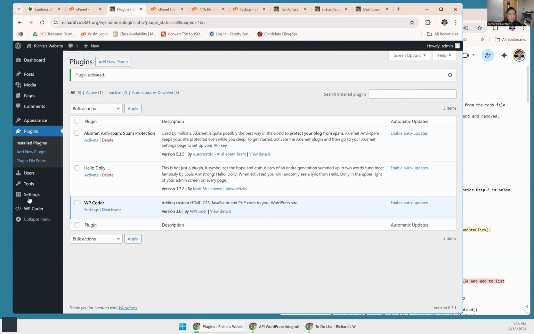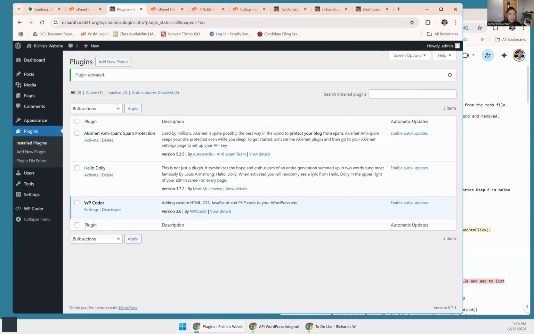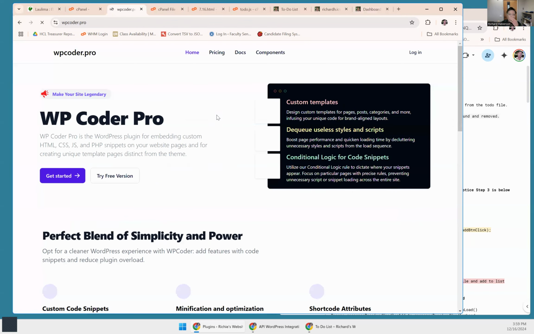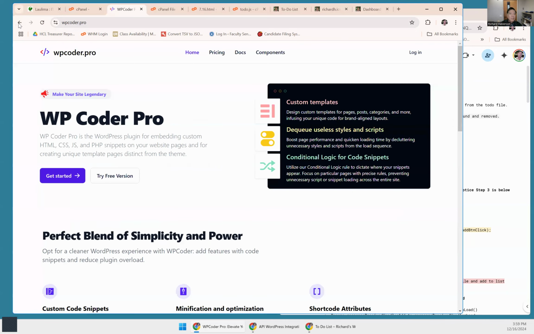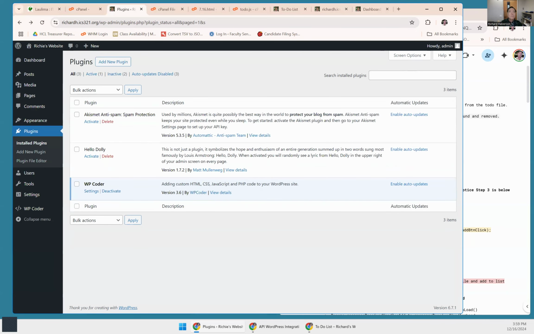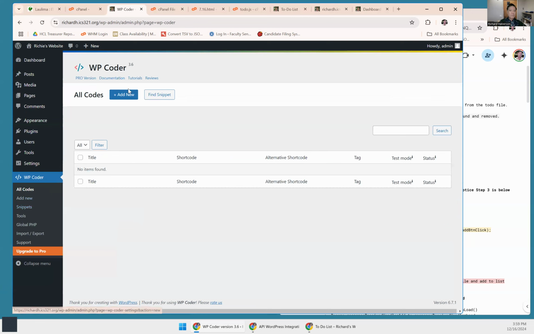Once I activate it, we should see down over here on the left, it has its own little menu there. Okay, and also it's here. You can probably read up on it if you want to. You don't have to do that. Just go back, and let's see. So now that we've done that, if you click on WPCode on the left here,